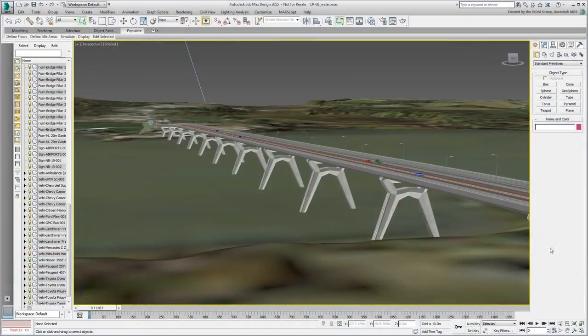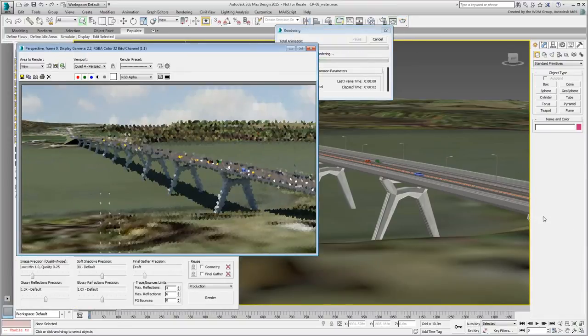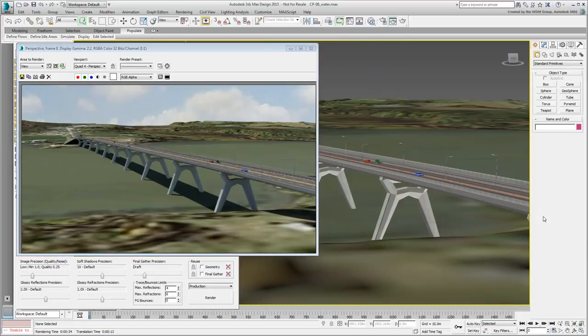Continue working on your scene from the last movie, or use the provided scene named cp08water.max. Test render the scene to look at your progress so far. Currently, the water surface relies on the terrain material. You can improve on it quite a bit by creating your own surface and map it with the proper animated